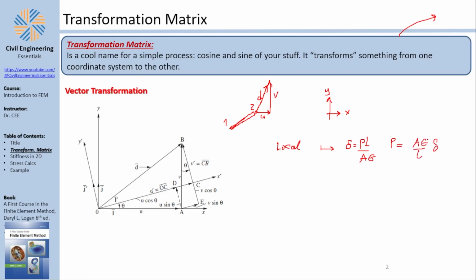But of course, it was a little bit more expanded, because you had F1x local, F2x local equals AE over L multiplied by the matrix [1 -1; -1 1]. So we've explained that before, which ultimately means that we need the amount of extension and contraction